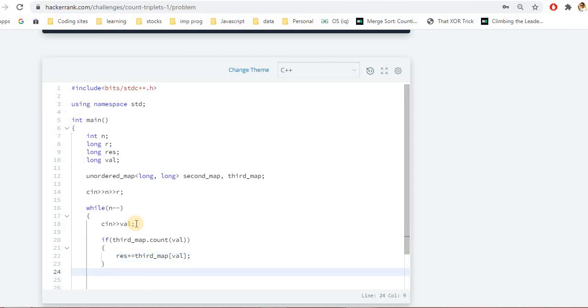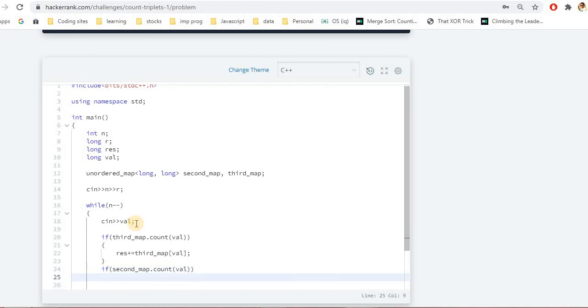After this, we check if the value is present in the second map. We'll use the count function again to check if the value is present or not.